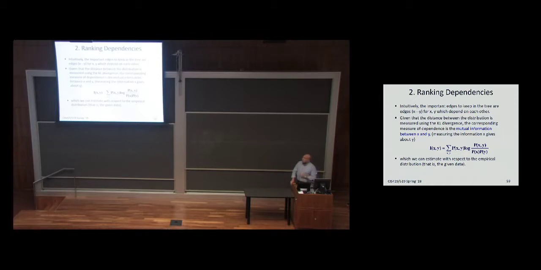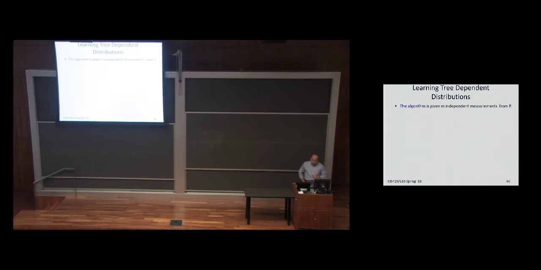In general, it's not going to be 1, but this is going to allow us to measure how much it is, and then I'm going to average over all possible values, weighted over all possible values of x and y. Okay, so now I have these two formulas. Again, this one allows me to measure the dependence, if you want, between x and y, and the previous one just to measure distance between distributions, and now I can give an algorithm.